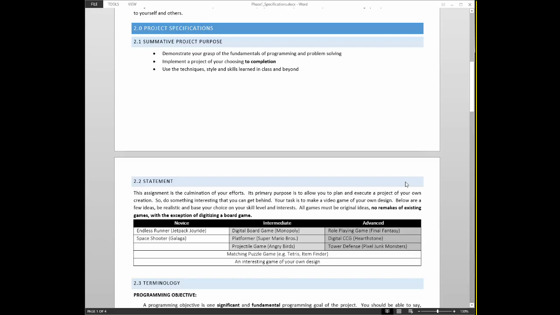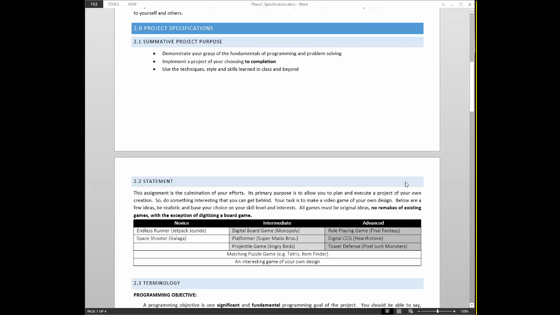So what I've done is I've come up with a few different suggestions and roughly the difficulty level for each of these suggestions so you can try and gauge where you should be aiming. So if you're a novice level programmer, meaning you're struggling with some content, but you still have a good understanding, then you may want to do something like an endless runner. Now, we may have done an endless runner for a previous assignment in the course, and if that's the case, you have to find a way to make yours stand out and be different from the one you've already done. A space shooter, something like Galaga or Space Invaders or something like that. So those are your novice level